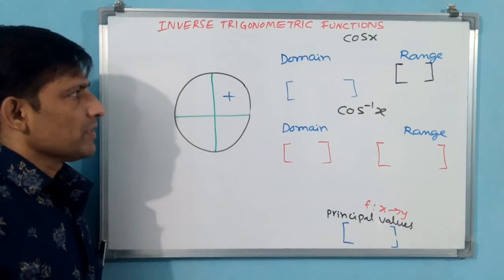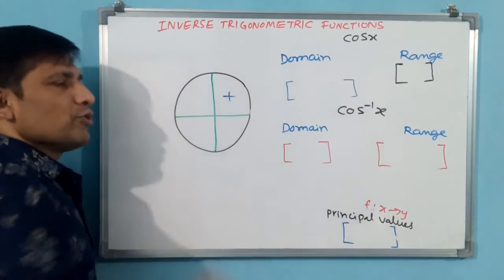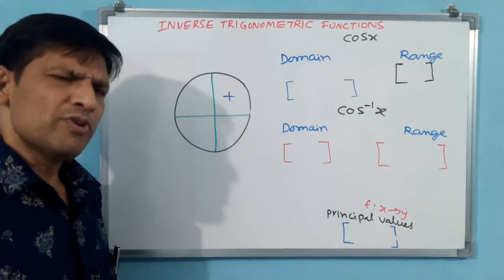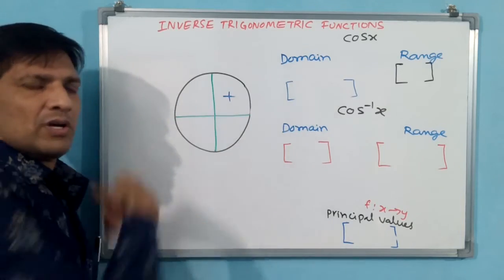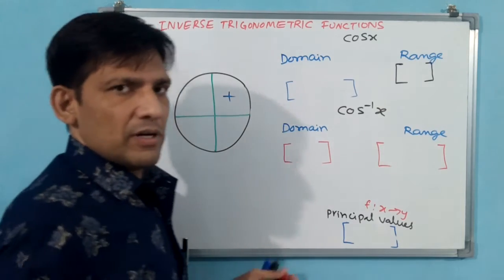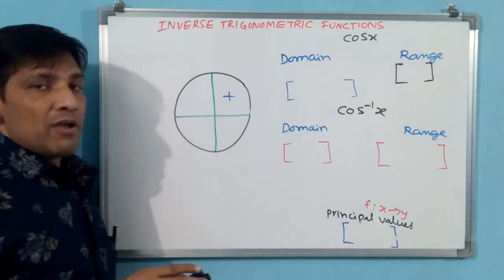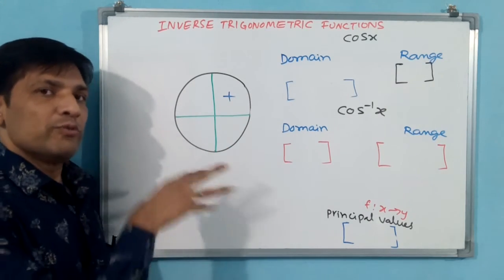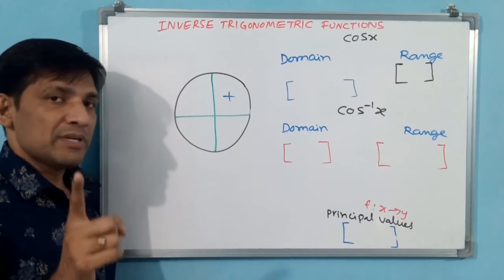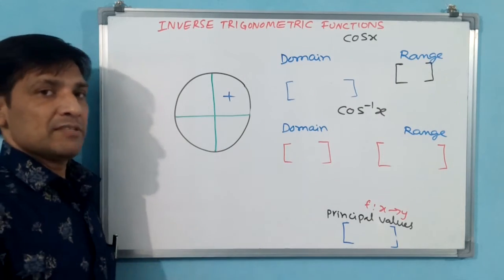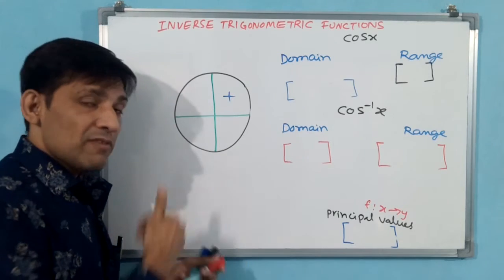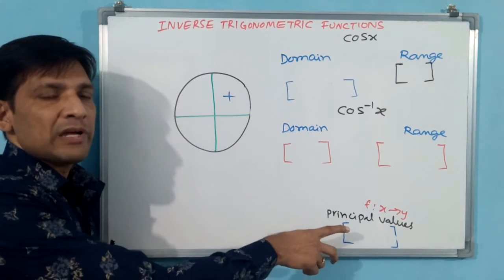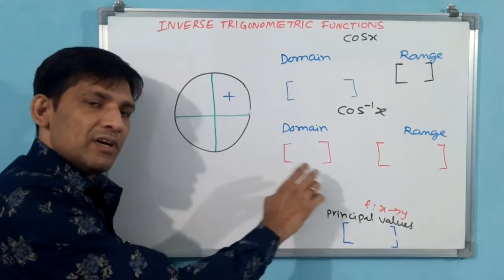Cos x. Okay. Now you see cos x, can you give R as the domain? Definitely we can give. We can give any value, and if you give any value, it is going to give the output. Simply cos x is a many-one function: many inputs you give, but a single output it gives. That means it is a many-one function, and it is a function only. That is why trigonometry is a function, but inverse trigonometry is not a function. To make it an inverse trigonometric function, we have made principal values so that it will become one-one and onto.